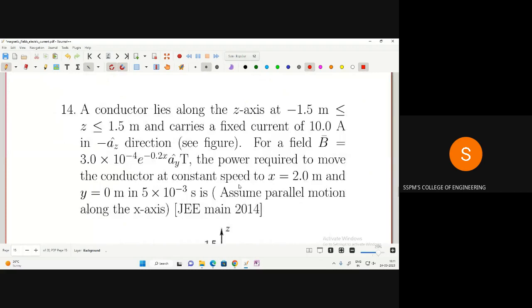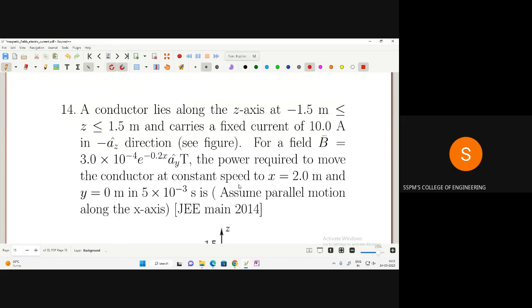एक लास्ट एक्झाम्पल घेऊया आणि स्टॉप करूया आपण. तर 14th example, the conductor lies along the z-axis at minus 1.5 meter to 1.5 meter and carries a fixed current of 10 ampere in minus az cap direction. For the B bar is equal to 3 into 10 to the power minus 4 e to the power minus 0.2x ay cap Tesla. The power required to move the conductor at constant speed from x is equal to 2